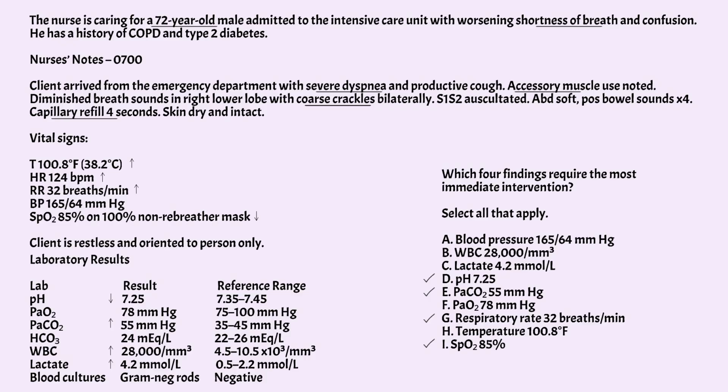And yes, we can all agree that all of these are issues that need to be taken care of at some point. The white blood cell count being too high, the lactate being too elevated, the temperature being too high. But the top 4 priorities that need to be taken care of first fall in the categories of oxygenation and ventilation. And that checks the box for our 4 top findings that need immediate intervention, which would all be correct answers. I know that sometimes we choose blood pressure as our answer as it falls into the hypertensive category,